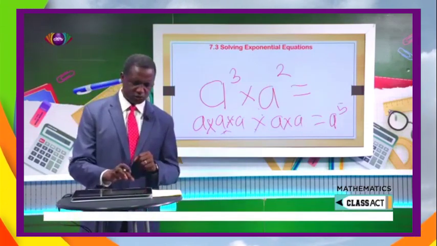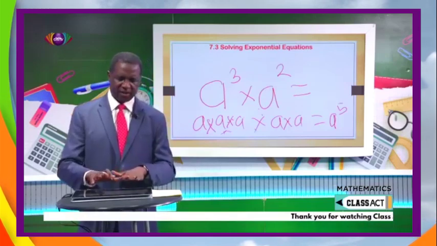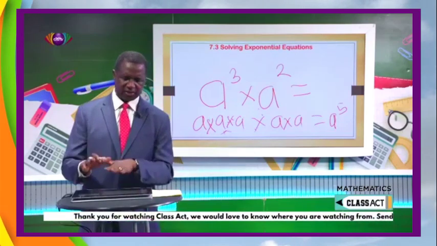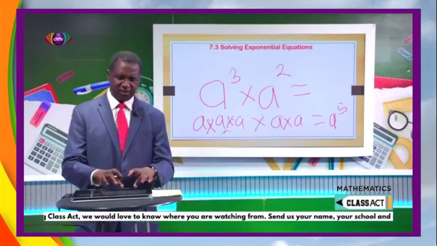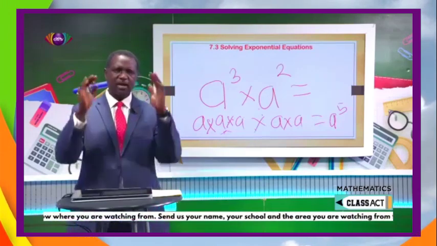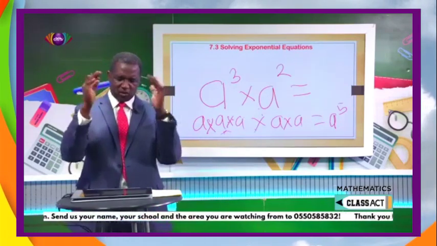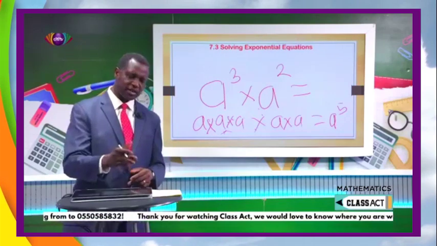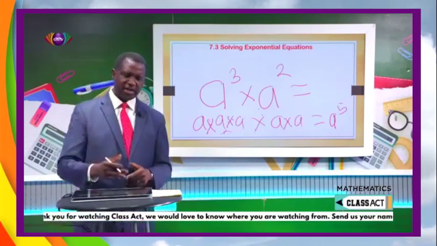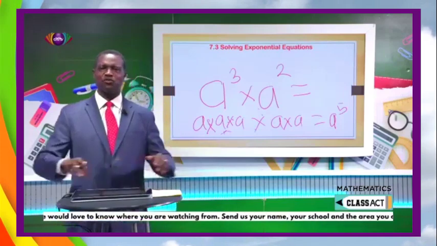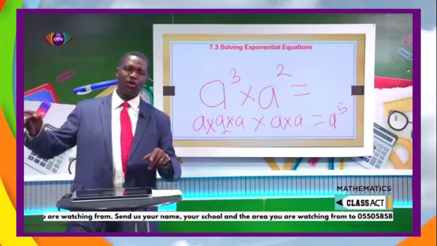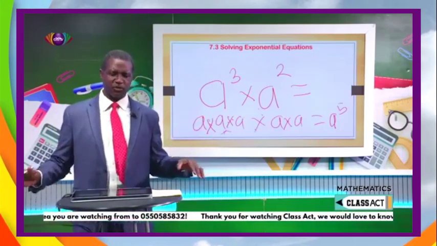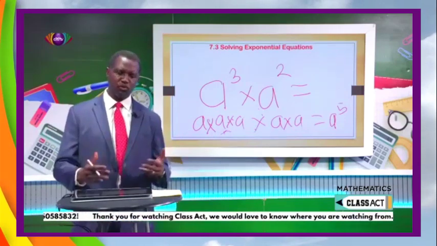Now understand also that we have other properties of exponents. This is the multiplication. When you are multiplying, since the bases are the same, we have a and a, you can simply add the powers at the top. So instead of doing this expansion, imagine if you have a to the power of 100 times a to the power of 200, and we were supposed to write 100, it won't fit here. No way. It will go all the way to Legon, and you will still not end, because you have a to the 100. There's no paper that it can fit on. And that is why it's important for you to know the rules.